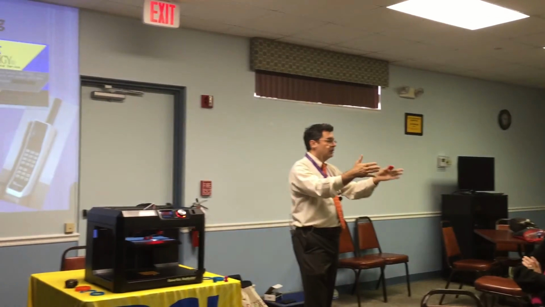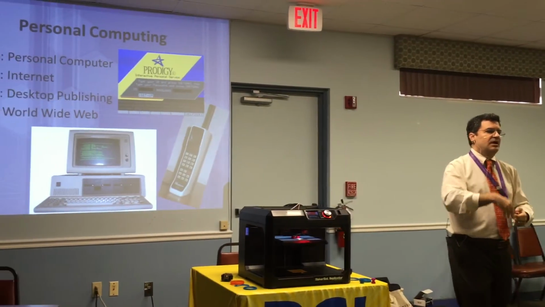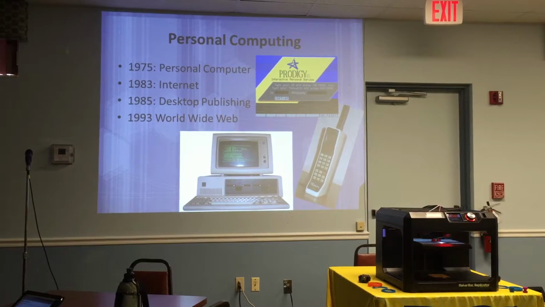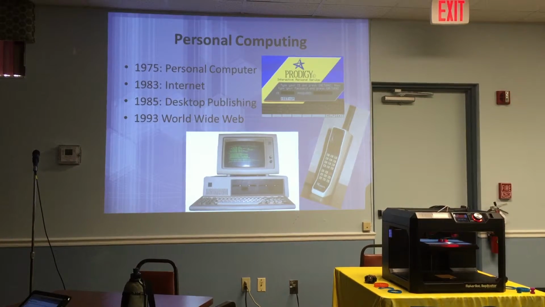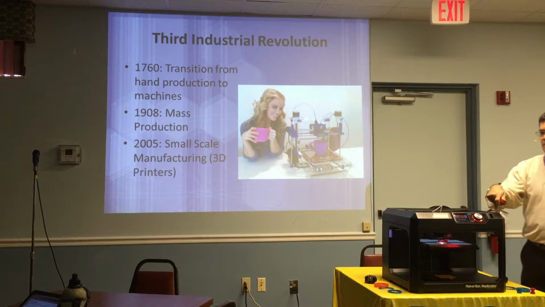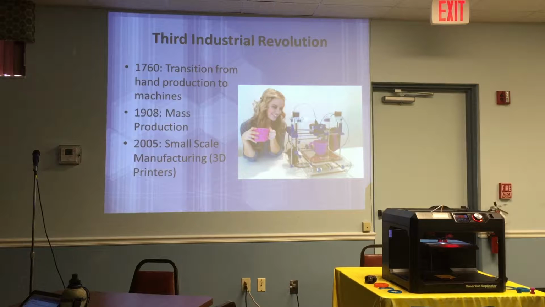Gutenberg said, here we're going to help you lay out this, and then if you want to do fancy, you're going to have to go to an expert. Now everyone's their own expert. Everyone can do and make their own stuff. And then of course the World Wide Web comes out as part of the internet, and now everyone can share every bit of information they want everywhere instantaneously with everyone. And so that's why we're now in our third industrial revolution, because we took that basic standard printing press standardization, we went to Henry Ford and we put that assembly line together. Now we are on the ability to do this on this table up here. Something that you could never have imagined even in the 80s.